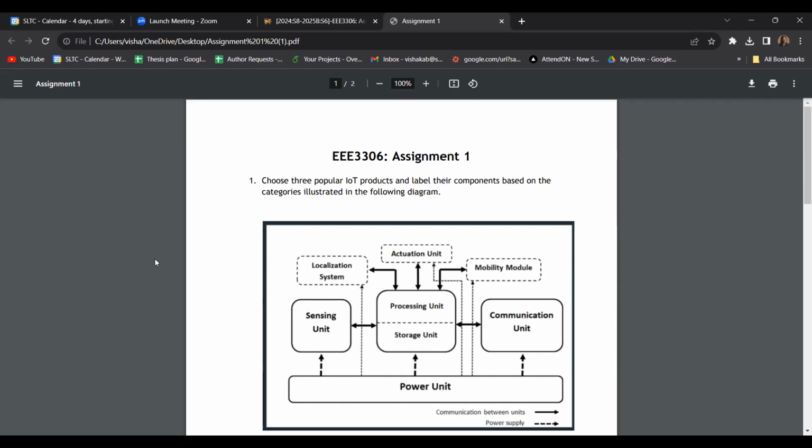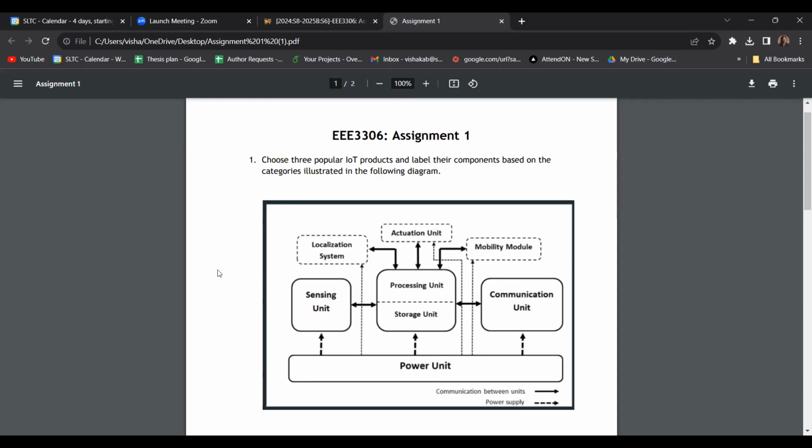But what I want you to do is take a real world image or picture of the device, and if you can find a picture of the device with all the interior parts also visible, then that will enable you to label out the different components separately and show different parts of the device. So that is my expectation.